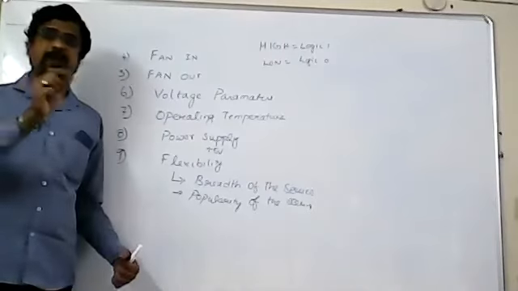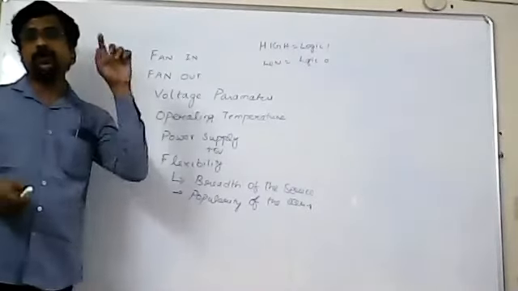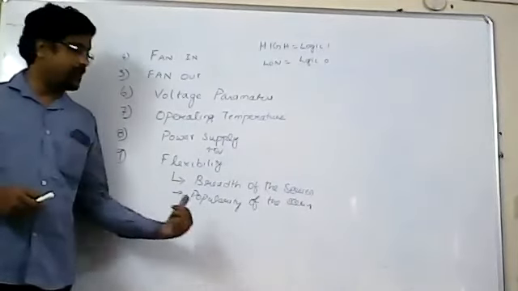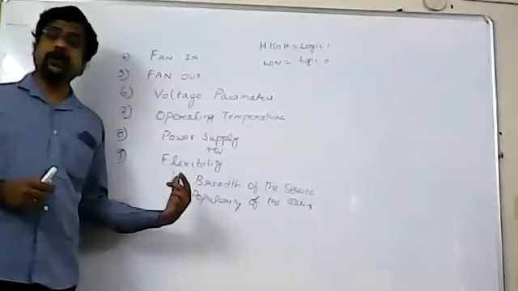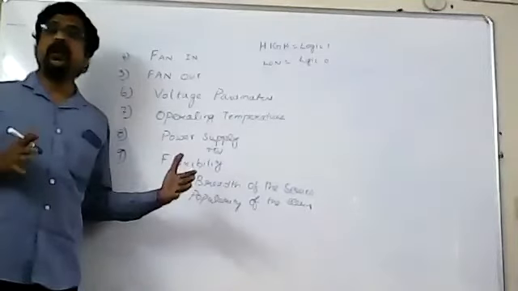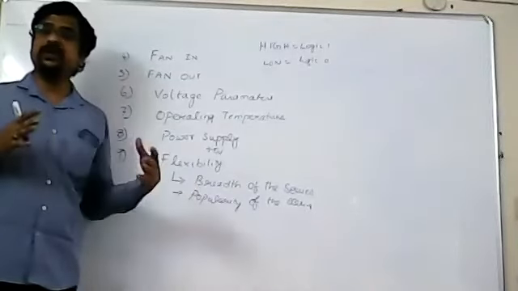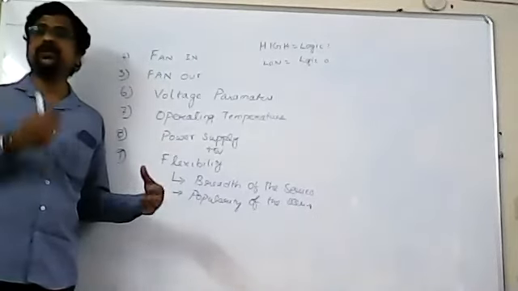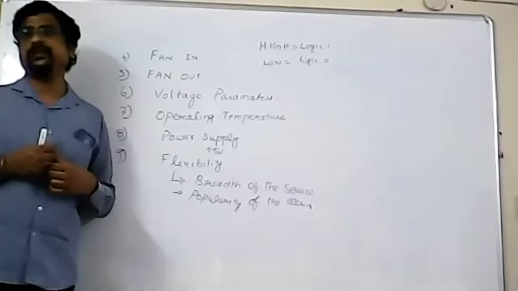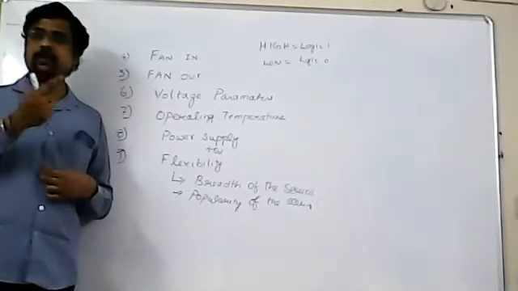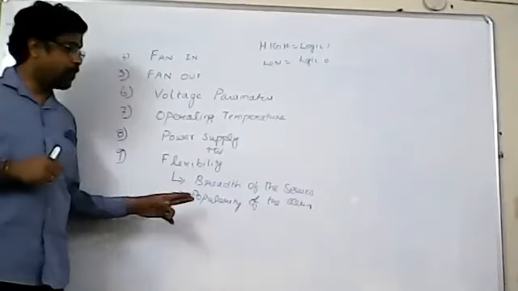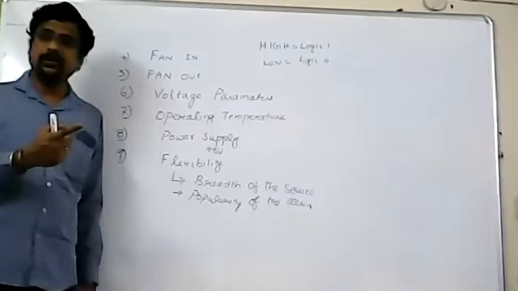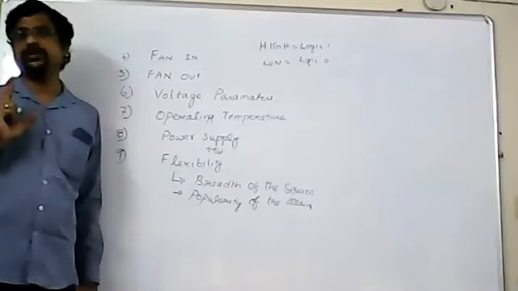Why it is sold popularly? Because the cost of the IC is very less compared to company B. Because company B is manufacturing only 10,000, but here company A is manufacturing in a large scale. So if you manufacture in a large scale, definitely the cost per IC will become less. So the popularity of the series is important. The more the popular, the less will be the cost.